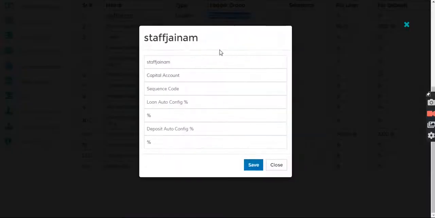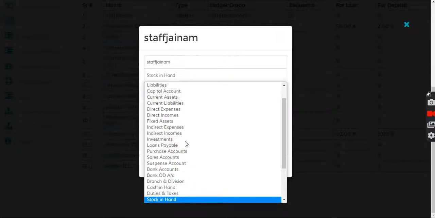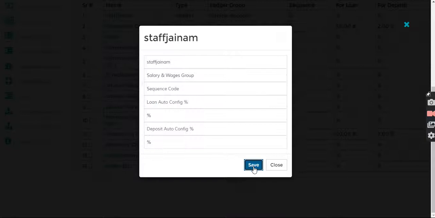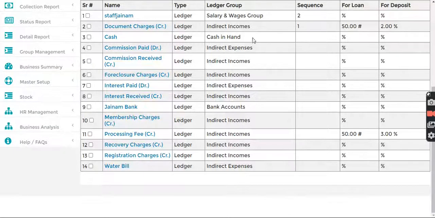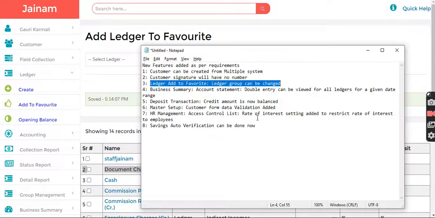Say you want to change it back to salary and wages, you can now do that. Here it is, salary and wages, and save. Saved. Now when you close it, it goes back to the salary and wages ledger group. So now you can change the ledger groups.